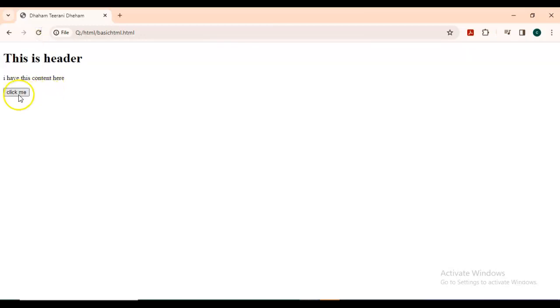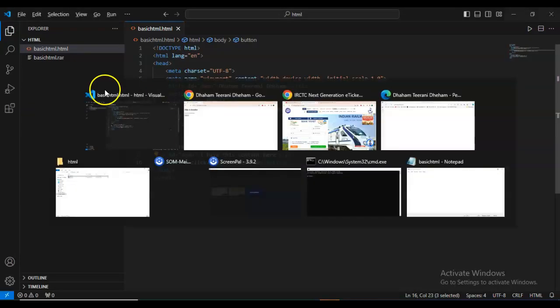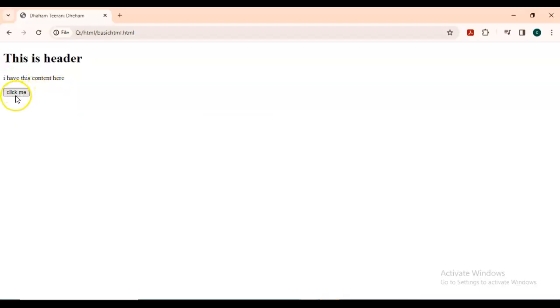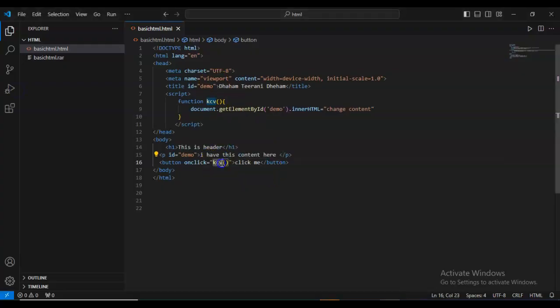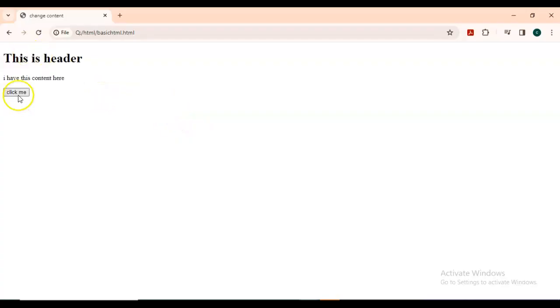So here, let's see. The button tag is there, and the p tag is this one. When I click, nothing happened. When I click, what happened to this function? It is not working. Why is it not working? Let us solve this properly. Okay, so when I click this thing, this will